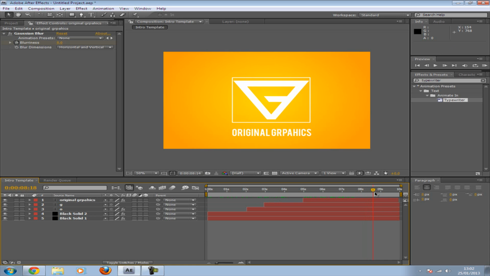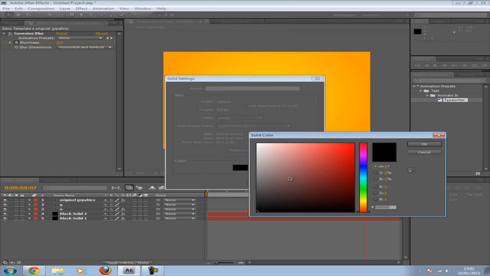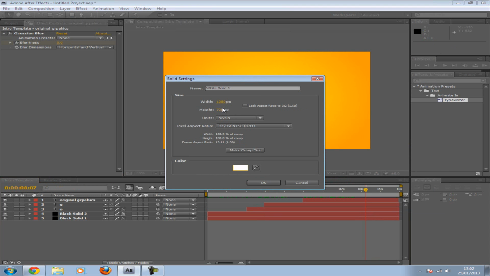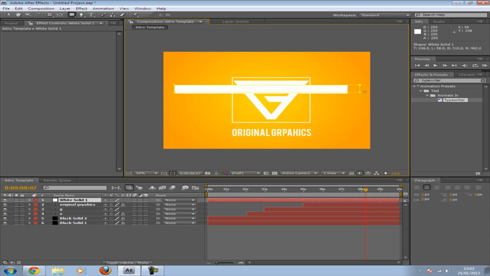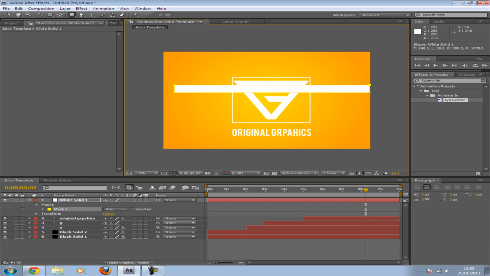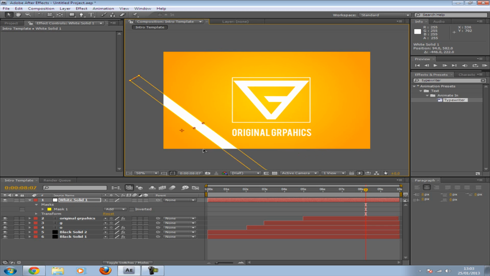I'm just gonna quickly add on something to the side that will look quite cool. So I'm gonna go to new layer, new solid. This time I'm gonna make it white. Make sure the width and the height's the same, and then I'm gonna go to the rectangle tool, and I'm just gonna make a rectangle like that, and then I'm gonna rotate it like so. Move it to the bottom left corner of my intro,